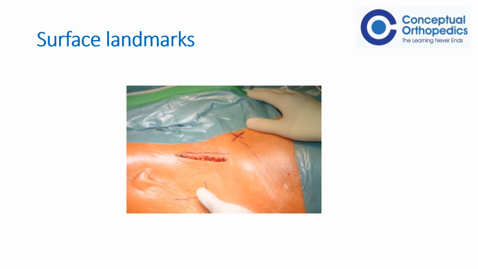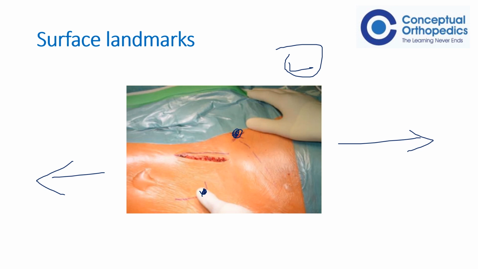Patient is positioned supine. This is the head end and this is the leg end. This is of the left hip. We first mark the anterior superior iliac spine and the tip of the greater trochanter. The incision starts about 3 centimeters distal as well as lateral to the anterior superior iliac spine. It is a straight incision about 5 to 7 centimeters, which could be slightly curved to the medial side.